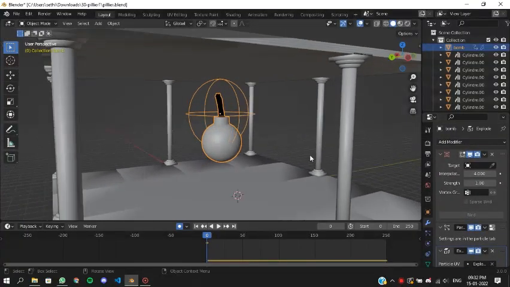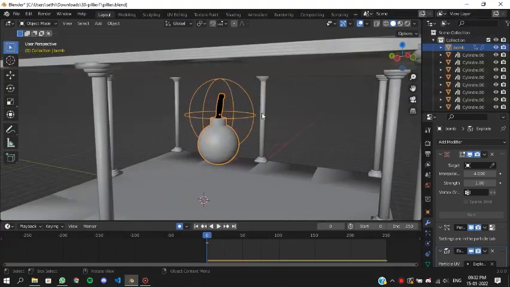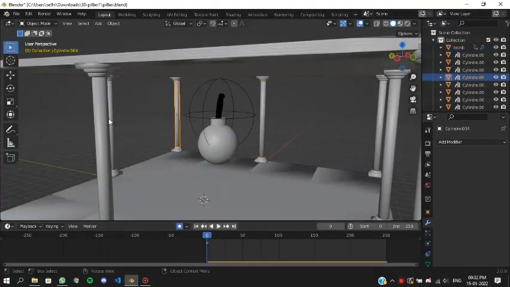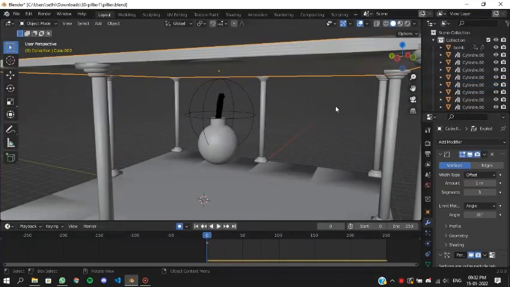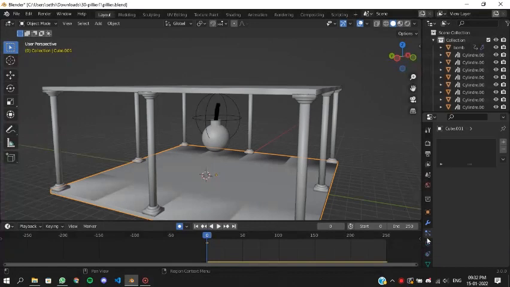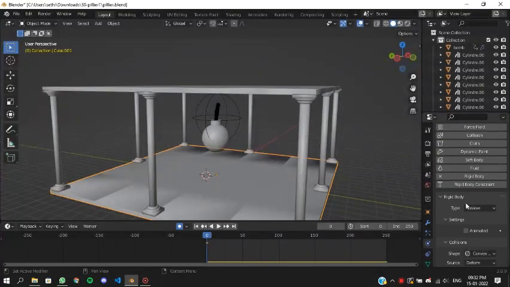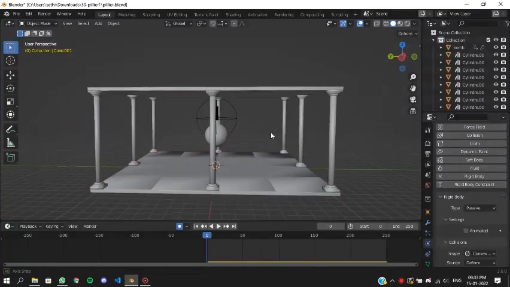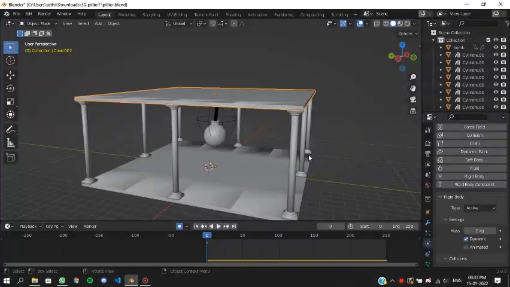What it does here is that it explodes and also disturbs all the other elements, because these other elements are in active form right now. These are rigid bodies. This frame above here and the floor below it are also rigid bodies. This floor is passive. What does passive mean? Passive means that it does not move from its place even if gravity is activated. Now I'll show you how, after creating this, to add textures to the models that you just created.